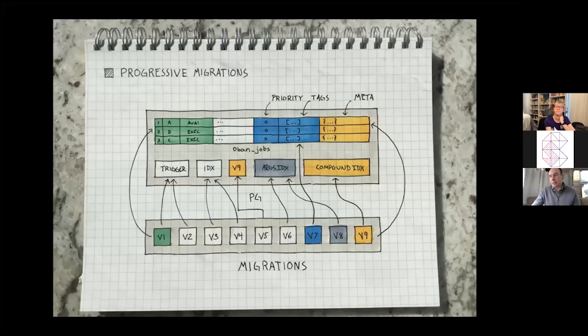But that trigger wasn't quite right. So in V2, we replaced that trigger with something else. And then very crucially, we recorded what version we had migrated to in that central V9 kind of thing. That lets us go back later, and when new code is released or we need to change something, the migration can look and see, what's the last one we had? Oh, it was V6. Okay, well now we have to do V7, V8, and V9, and it will progress through